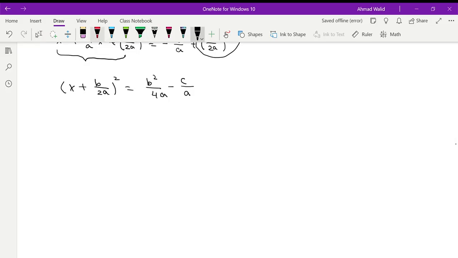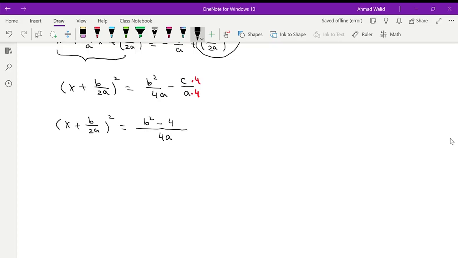To add these two fractions, I need to multiply c over a by 4, the top and bottom, correct? Because I need 4a squared in the denominator. Then x plus b over 2a all square equals, now the denominators are the same, 4a squared, and in the top I'll get b squared minus